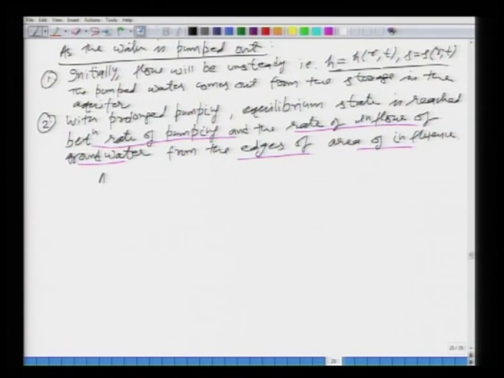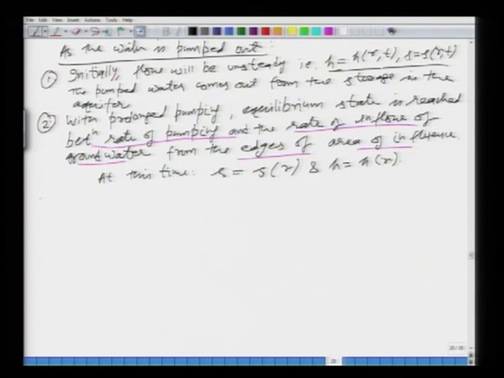So, at this time, under steady state conditions, we can say that your drawdown S will be a function of R only, and your H also will be a function of R only. It will be no longer a function of time, but it will depend upon the radial distance. As you go away, the drawdown will be decreasing and the height of the groundwater table will be increasing.